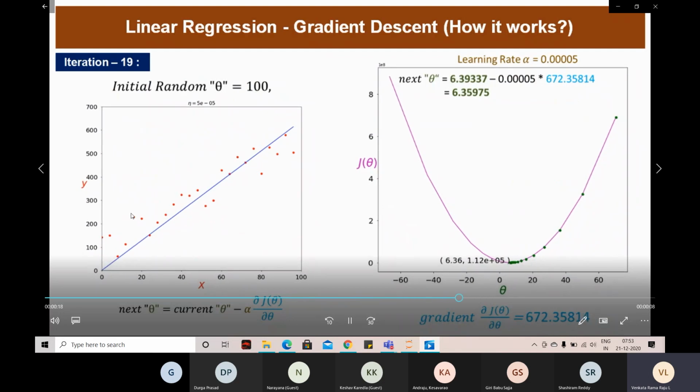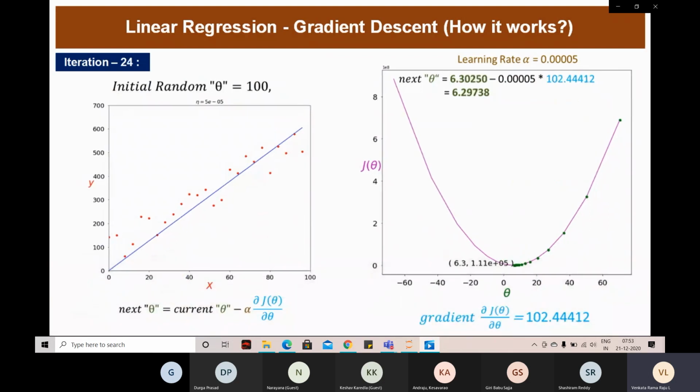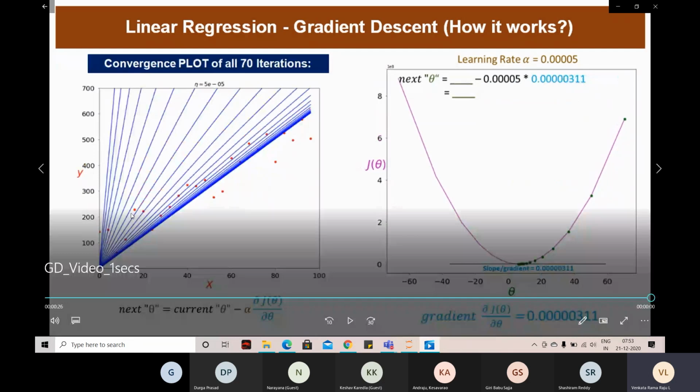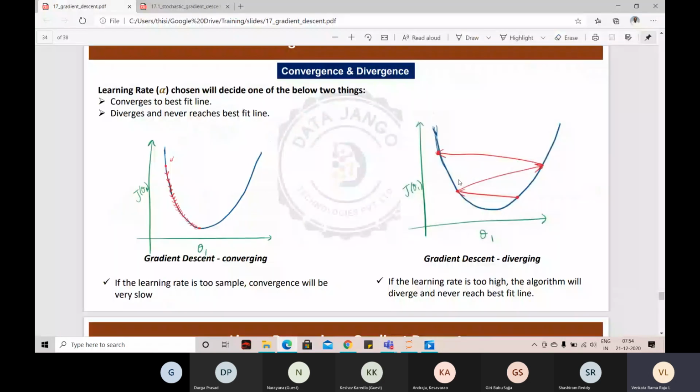I would have to show a 4-dimensional space, with X, Y, minus x, minus y also, and this line would have been jumping around, right? So here, because of alpha, it is actually converging. We call it convergence. It slowly moved, and this theta moved towards the global minima instead of going off the track. Going off the track is called divergence. Slowly moving towards the global minima is called convergence.